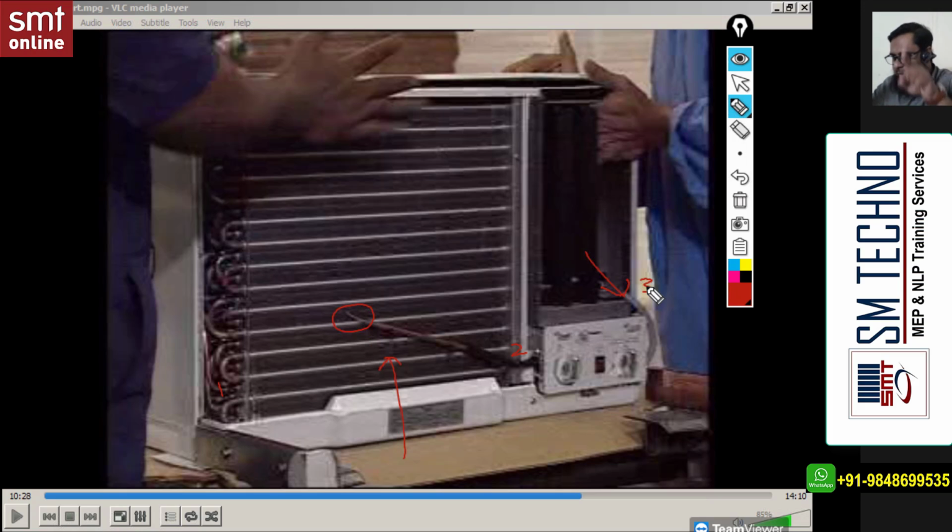And you know, on the front panel, a window, on the left side you'll find some grills, on the right side you'll find some openings. So the right side is supply and the left side is suction. So this is for return air and this is for supply air. Okay, means the same air circulates within the room, and when the air is sucked in, first it will sense the temperature, then it passes through the coils and fins, loses heat and temperature, and